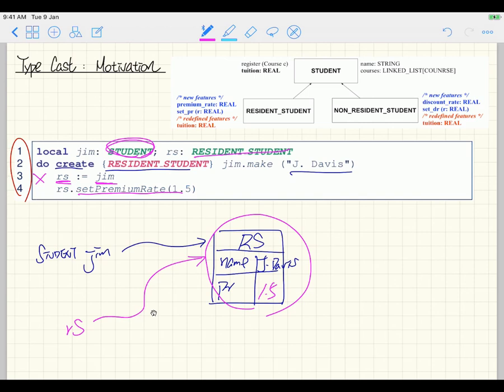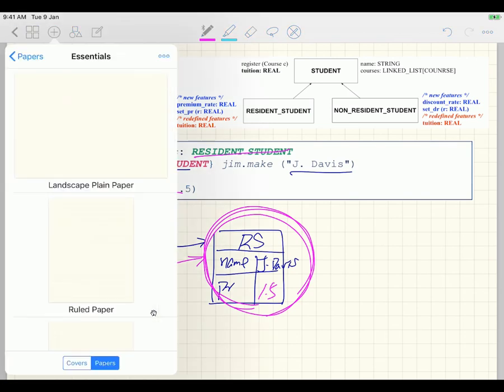why is the compiler so inflexible? Because as you can see from here, we simply know that Jim is really pointing to a resident student's object. It should be quite easy to keep track of. So the compiler should really allow this. But in fact, the compiler doesn't allow this. Okay? For your knowledge, I just want to say this very quickly. In general,